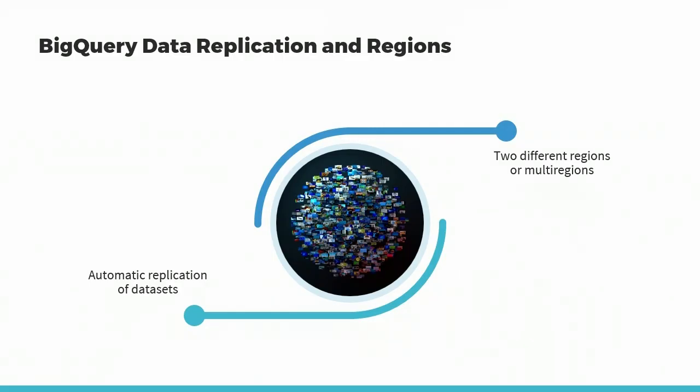And what this means is that when I create a data set in BigQuery, I can select to be a single region or two different regions or a multi-region where the data is stored in multiple places in a large geographic area that contains two or more geographic regions. Now what happens is when I have two or more geographic regions, I now have a backup to my system. So rather than have it in a single region and maybe the power outage goes in that whole region or something happens there, I have now a backup so that it's there for fault tolerance, but it's also there